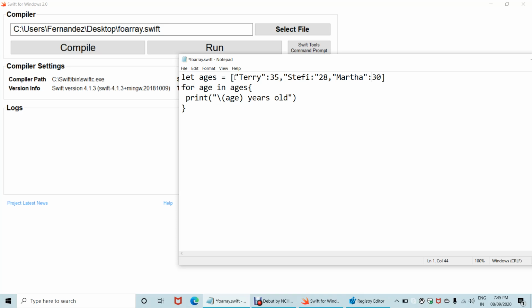So the keys and values are Terry 35, Steffi 28 and Martha 30. Ages is going to be a dictionary variable and our job is to go through all the key value pairs of the dictionary. For an array it was enough to put age and it is assigned to the ages here, but now we have 2 values for each field.